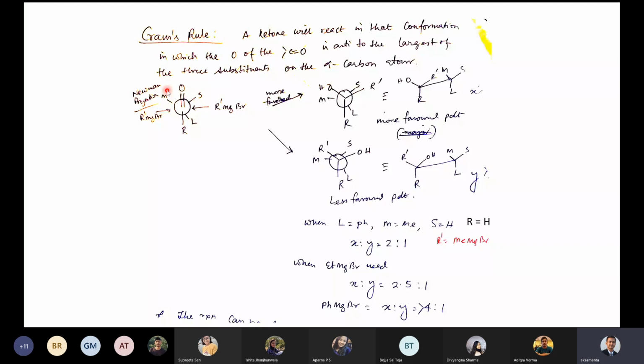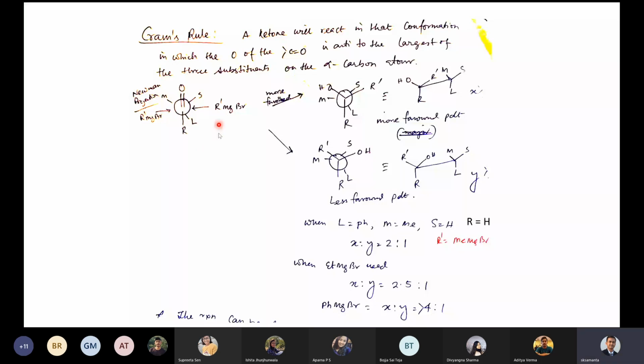Now, RMgX, or let's say R prime MgX, because I have put R here. Which way will it attack? It could attack this way, it could attack this way. Which way will it attack? The attack will be more preferable where it is the smallest group. Got it? So this attack will be the major attack. This attack will lead to a minor product. Why? The answer is very simple. We have a small group, so the steric interaction will be less. This is all, that is everything. If you have understood this much, you can draw anything and everything based on this Cram's rule.